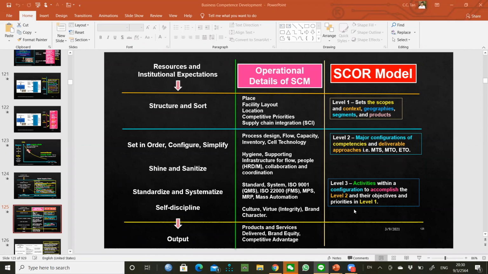So you can go to ISO 9001 and understand how you're going to execute the activity. The quality manuals will tell you, in each of them, how you're going to get your process done from one end to the other. So it's an end-to-end activity. So supply chain management, operational details and the 5S concepts are needed in order to achieve the outputs of products and services delivered properly, in quality and responsively. Responsiveness, speed, quality, brand equity and competitive advantage all come from all these issues.